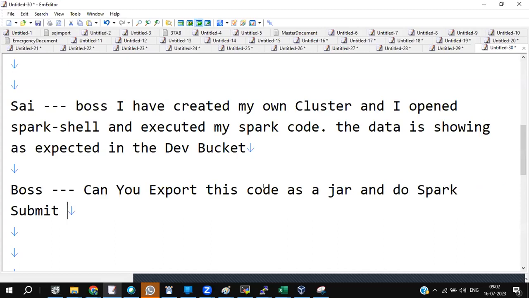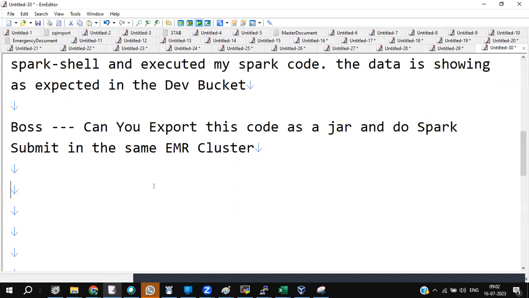Is it not the request, all of you? Yes or no? Getting it or not? Yes, sir. Can you export this code as a jar and do Spark submit in the same cluster, or in the EMR cluster, we can say.